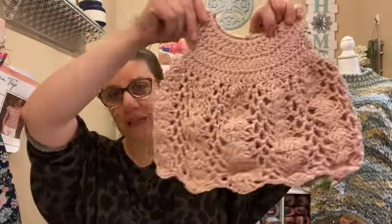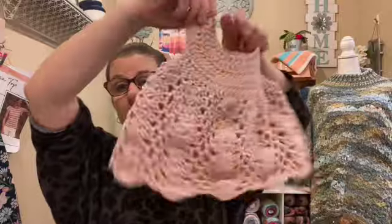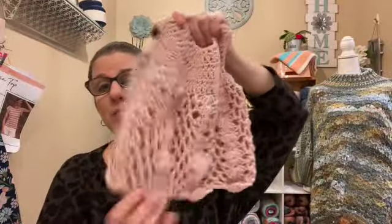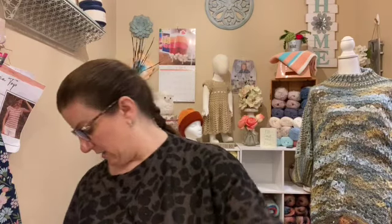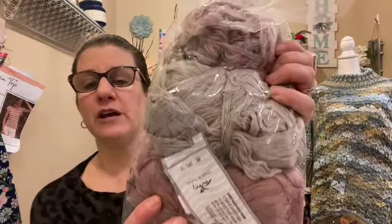But as you could see, not the best for a lacy dress. Tried blocking it. It just keeps popping. So soft though. Okay, so that stopped making it. Did not like the way it was turning out with that yarn. So I moved on to, I had gotten, this comes in a bag of 3 from Ice Yarn, and it's